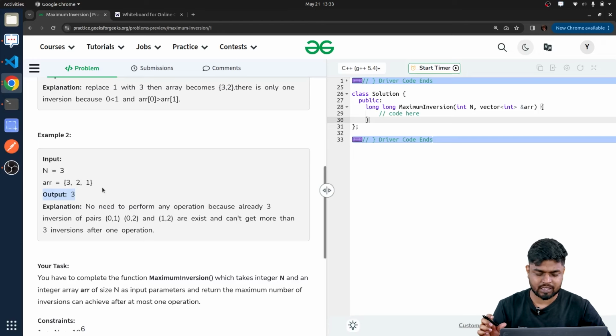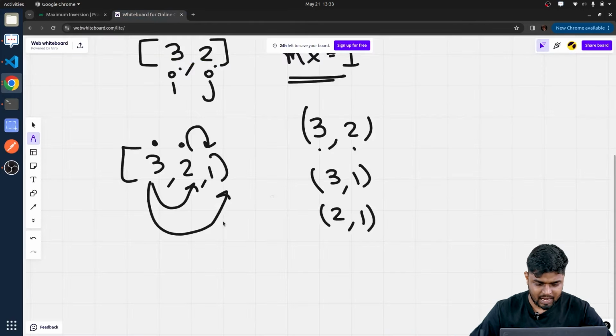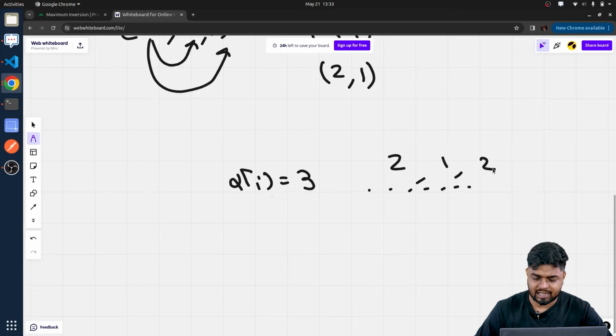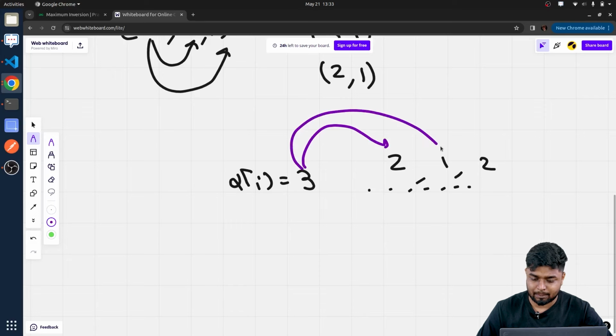Suppose I am at a particular ith element, and that element is 3. Then all the elements that are either 2 or 1 can get counted, because they will come under the inversion category, since 3 can make a pair with 2, 3 can make a pair with 1, and so on. So basically my answer will get updated by the count of the total number of 2's on the right side and the total number of 1's on the right side. That's how I can keep track of my total number of inversions initially,